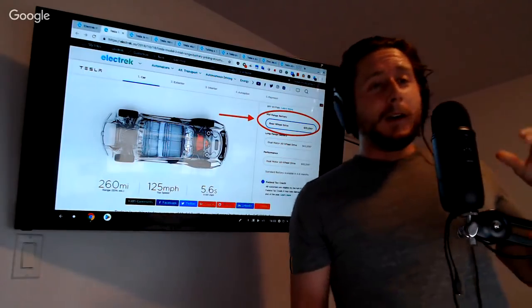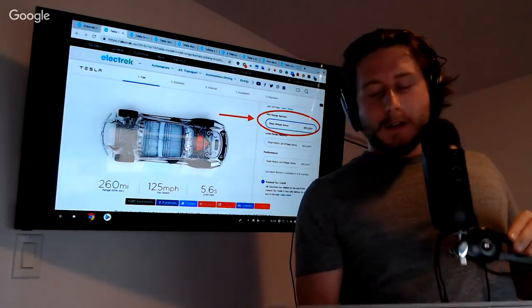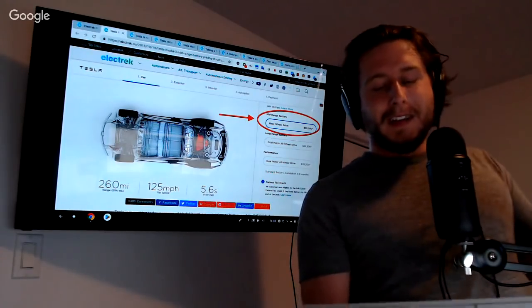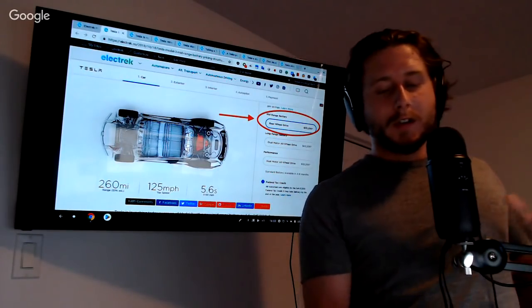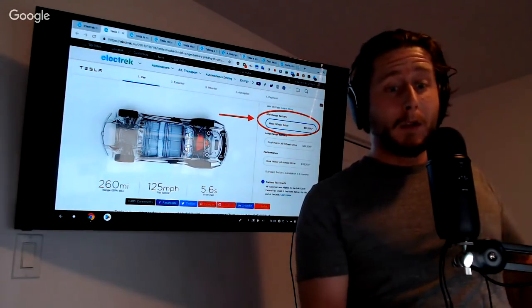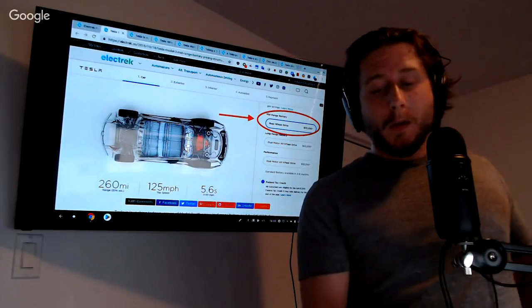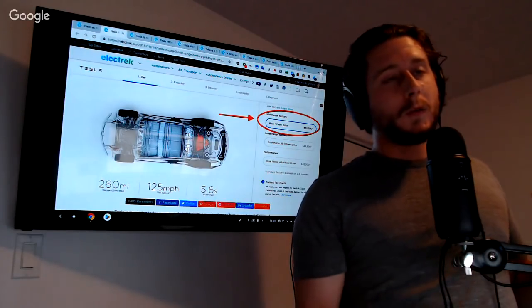Now, also, another important thing that we should mention in terms of the system is that it came with sort of a price structure change and option changes, mainly that the rear-wheel drive is now only available with this new mid-range pack. If you want a long-range pack, you're gonna have to go with a dual motor system. Or for the next week or so, you can special order the...